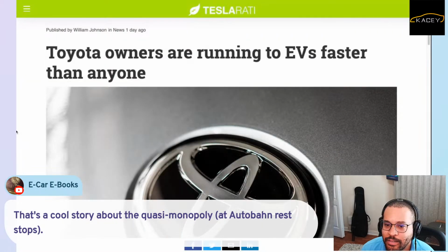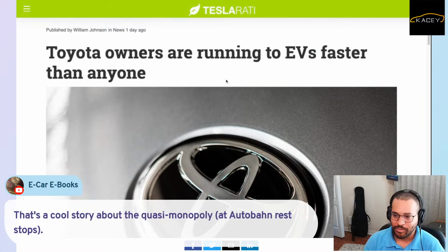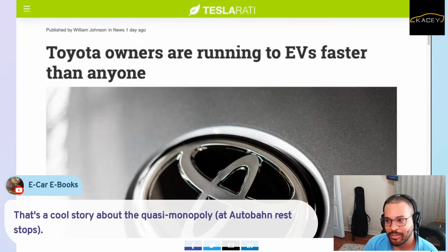This one's no surprise. Toyota owners are turning to EVs faster than anyone. If you're going to have a conquest sale from Toyota, like if you were already into the hybrid and plug-in hybrid, where else are you going to go? That's why I ended up with Chevrolet, because the Japanese didn't have anything for me at the time. So I went from a